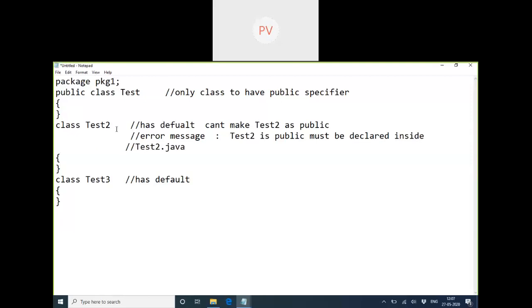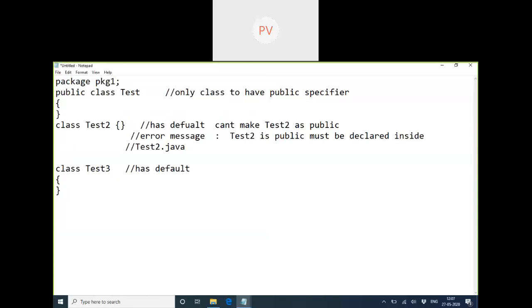So there should be an opening and a closing of this. So this is a test2 class and this is a test3 class. Is there any confusion? No, no.